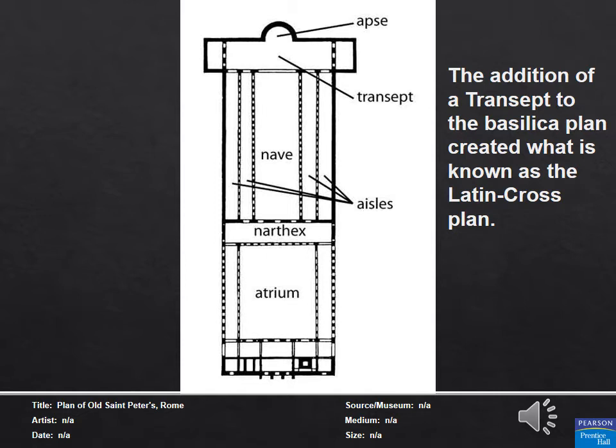As we move on in later periods of time, that transept may become exaggerated so it looks much more like a cross with what you associate with the Christian symbol today. And we'll begin to see the development of these Christian symbols being added into the architecture itself to try to set these apart from their Roman pagan predecessors.